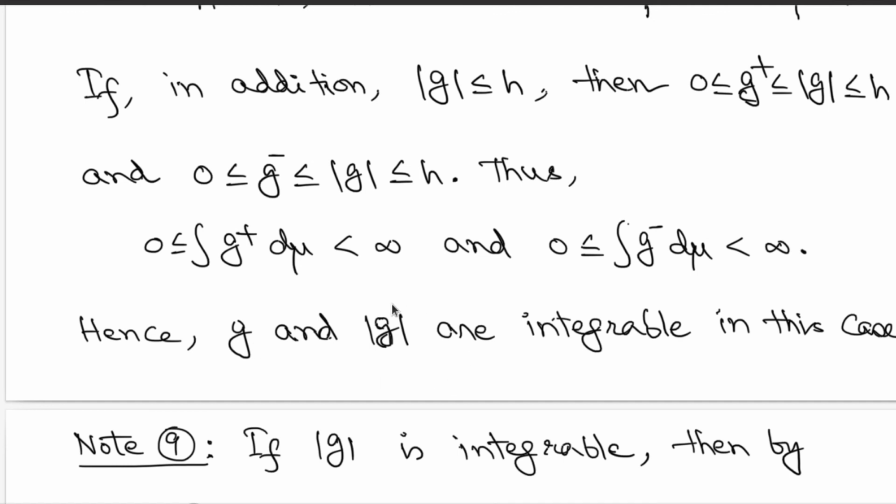Okay, so this is something interesting, that as long as you can dominate mod g by an integrable function h, you can immediately say that the function g is integrable. You don't have to separately verify the integrability of g. Okay, so if you can get a bound in terms of some known nice function h which is known to be integrable, then g has to be integrable. So this is some explicit condition that will allow you to check integrability in a slightly easier fashion.